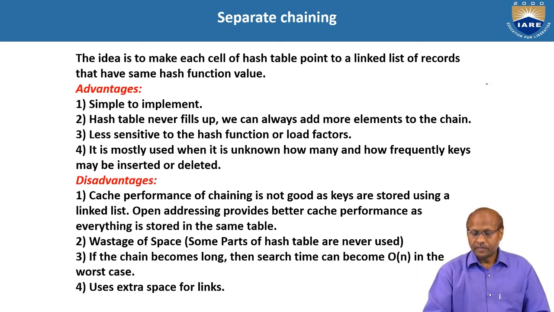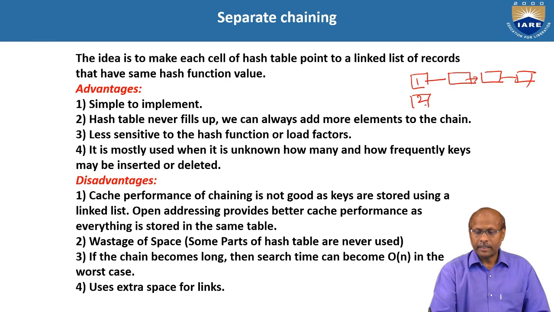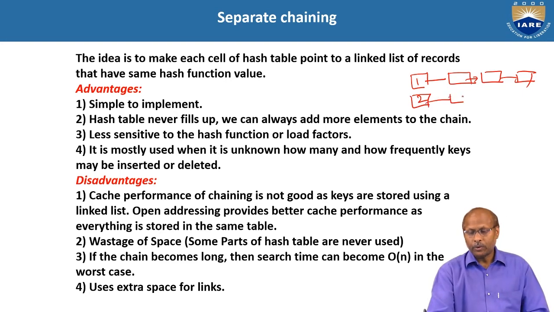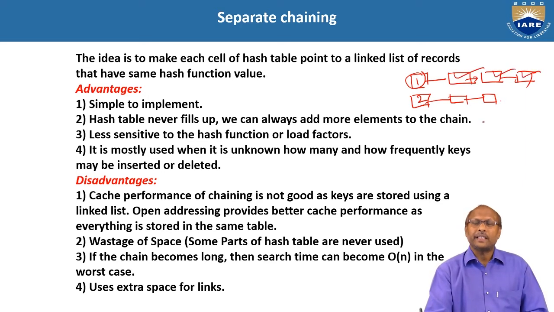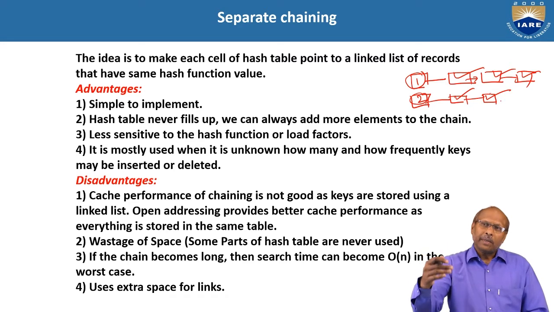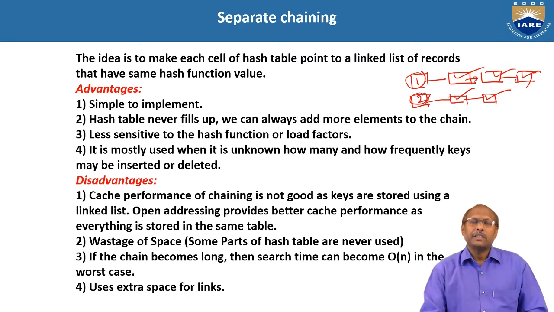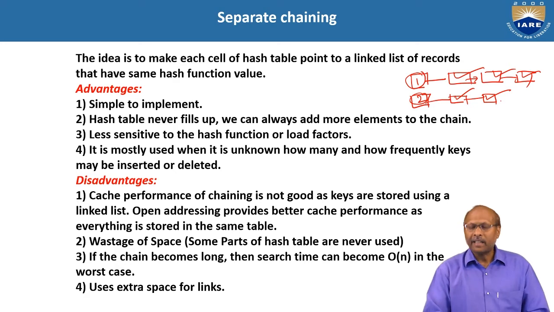You can see it like this. The first index may point to a set of keys which have the same index. Similarly, the second hash index may point to one more linked list. Assume in this example that for one index, 3 nodes are coming. That means 3 keys map to the same index. Similarly, for index 2, there are 2 keys mapping to the same area. So like this, you can maintain a set of linked lists. This is more flexible, but it may take extra memory.